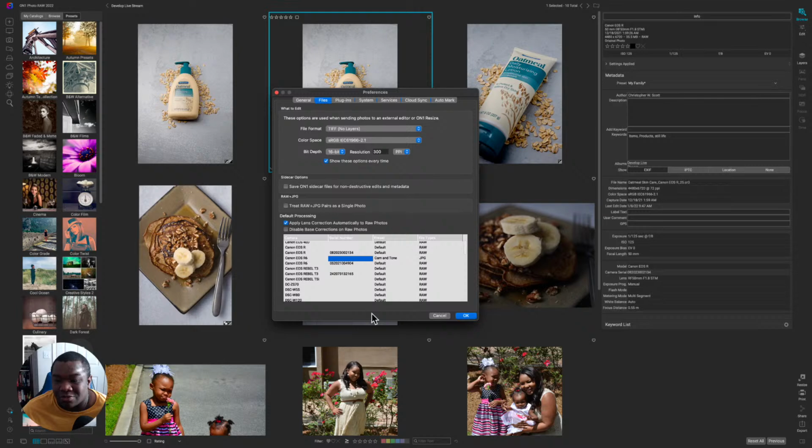So now I'm telling ON1, whenever I upload a JPEG from my Canon EOS R6, add cam and tone to that image. But not only that, it's going to look through my entire library and find all of those JPEGs that don't have the cam and tone preset applied, and apply it to them. So